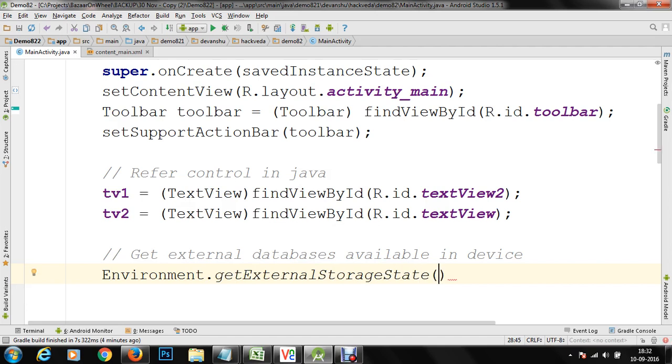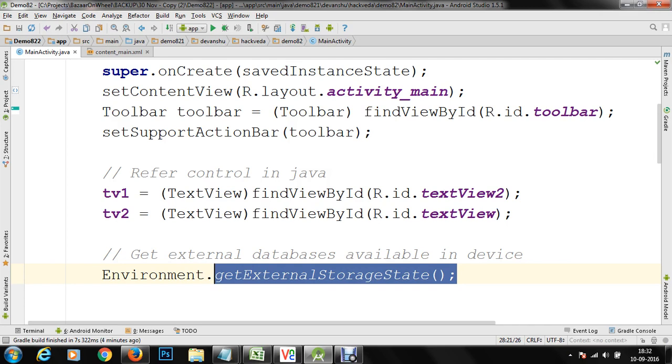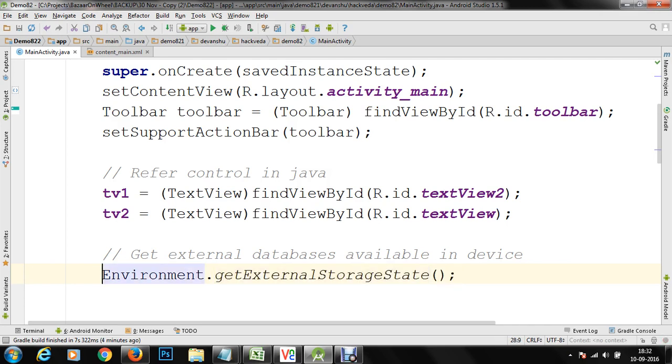Using this method, either you can specify null parameters or you can specify the path of the external storage. So at the moment we simply would like to execute this getExternalStorageState. This method returns a string. This string will inform you of the current state of your external storage.